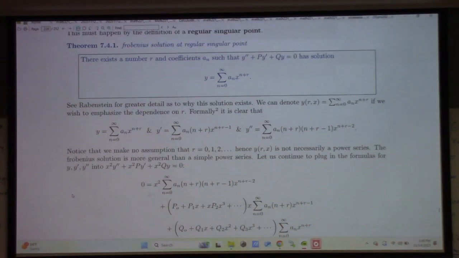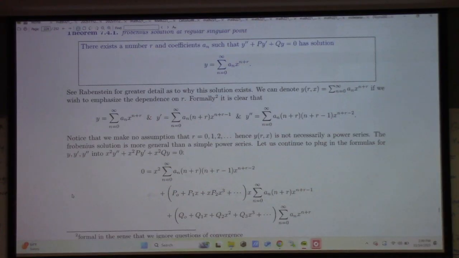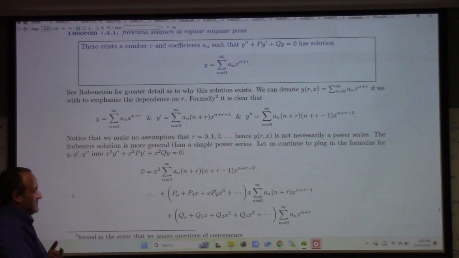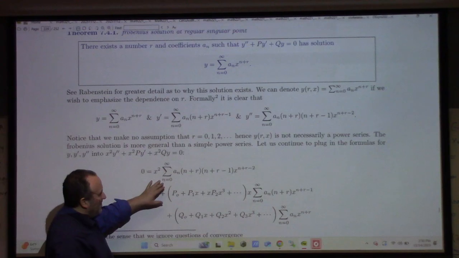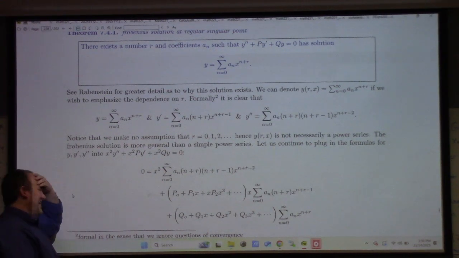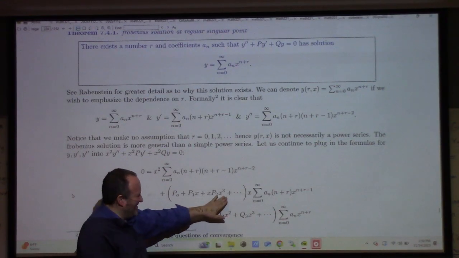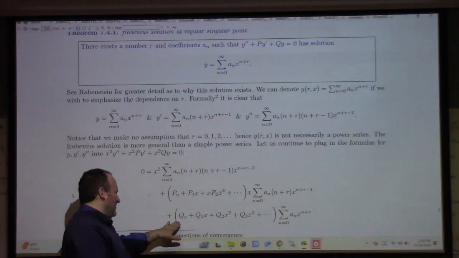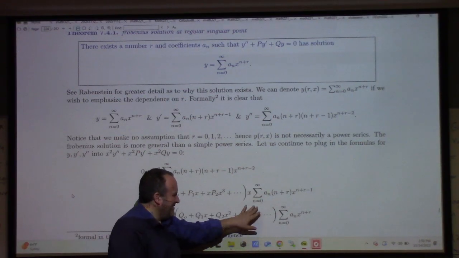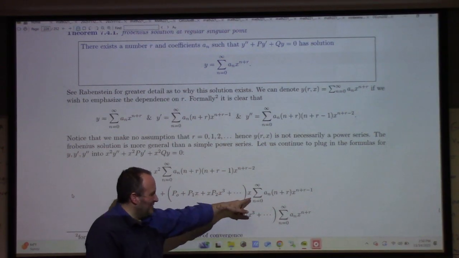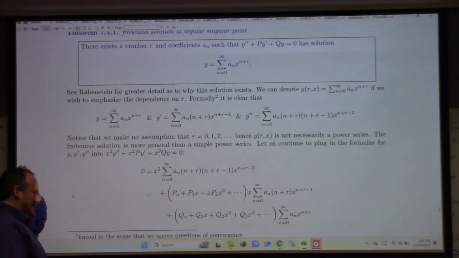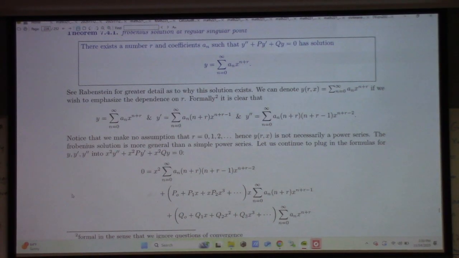And so if you take those and plug them back into the differential equation, which is just the method we've been doing already, right? Take the series that's the solution, plug it into the differential equation, face the music, right? We actually have to multiply the series expansion for xp(x) and the series expansion for x squared q(x) times our Frobenius solution. By the way, these are called Frobenius solutions. So how does that work out? Well, you've got to go order by order, right? So if you study this,